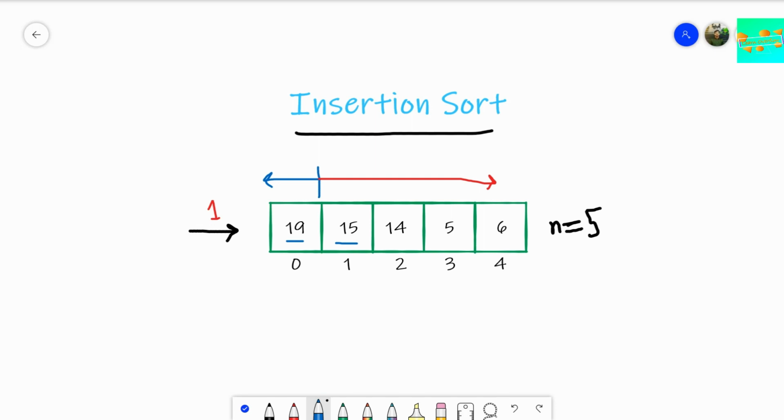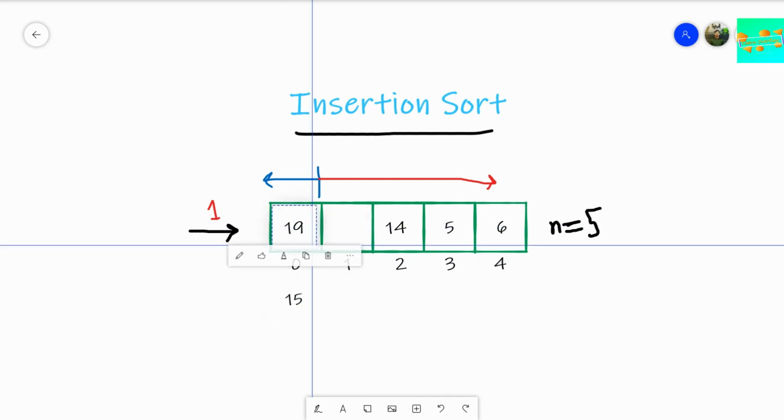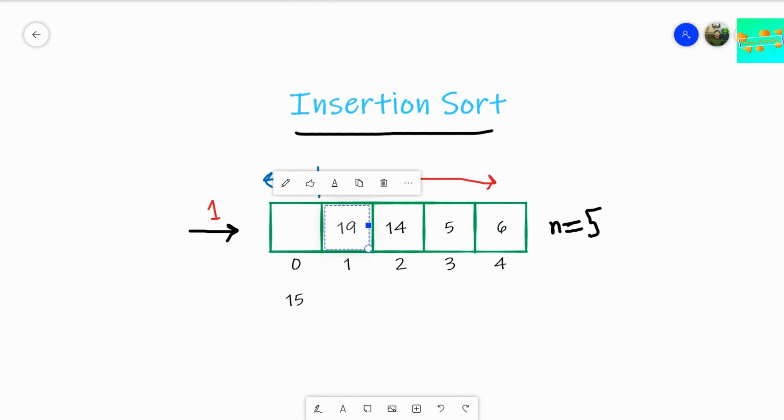Here we find that 15 is less than 19. So what happens if 15 is less than 19? It requires a swap. We take 19 to the second position and put 15 in the first place.